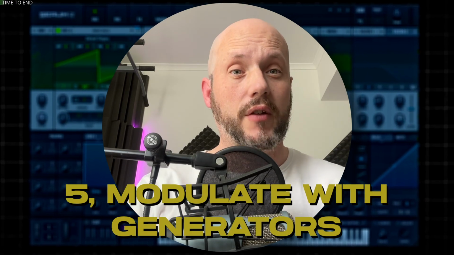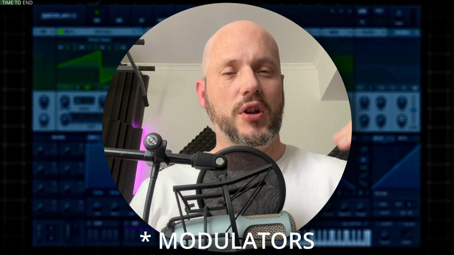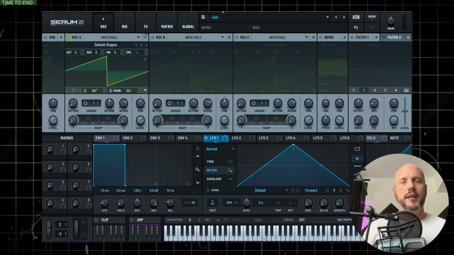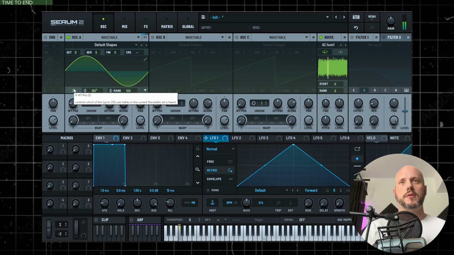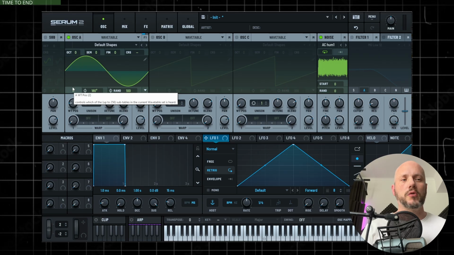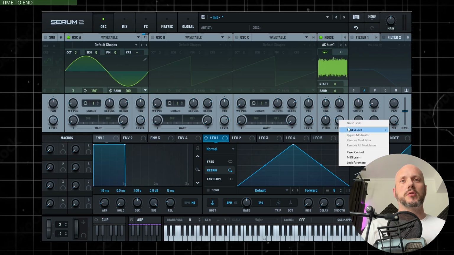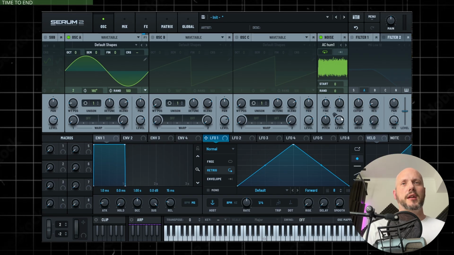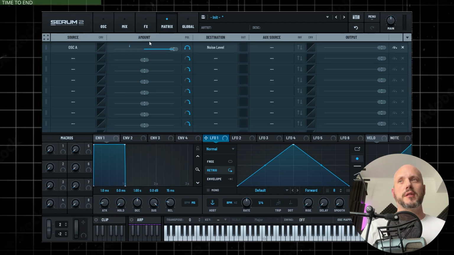My fifth and most favorite feature in Serum 2 is the possibility that you can use a lot more modulation sources as generators. For example, you can use the oscillators or the filters. Why is it handy? So let's say you have a noise and a sine, and you want to create a really cool compressed noise or compressed sine bass. Before, all you had to do is go to the mod source and choose the oscillator A. You will have to fine tune it in the matrix, but right now,